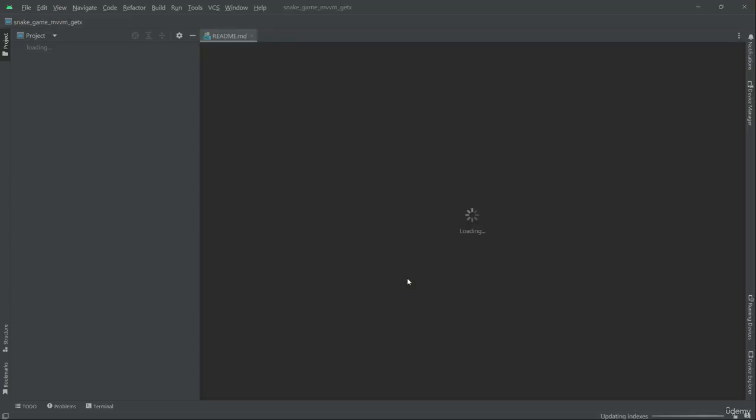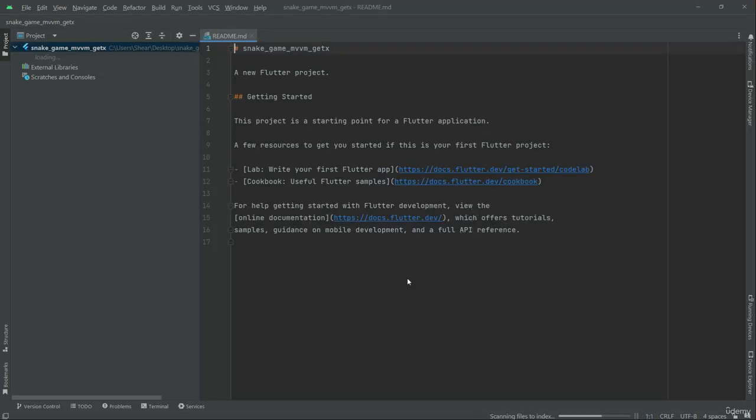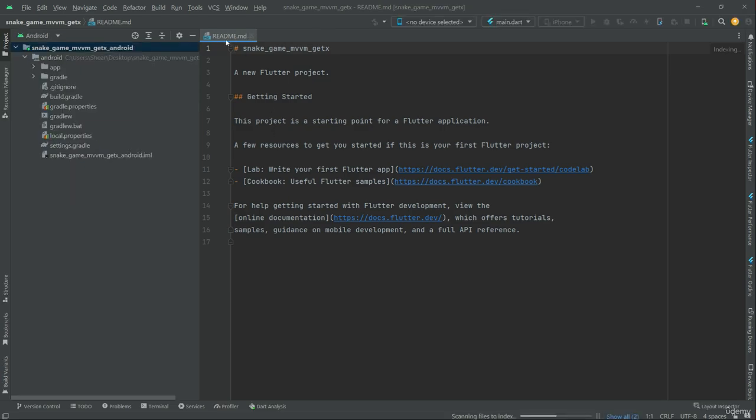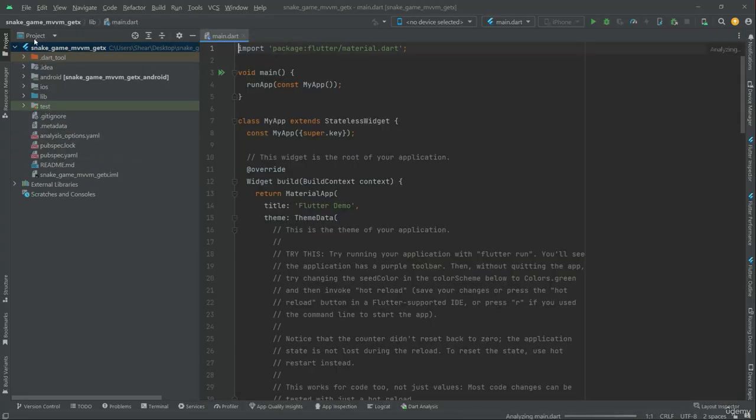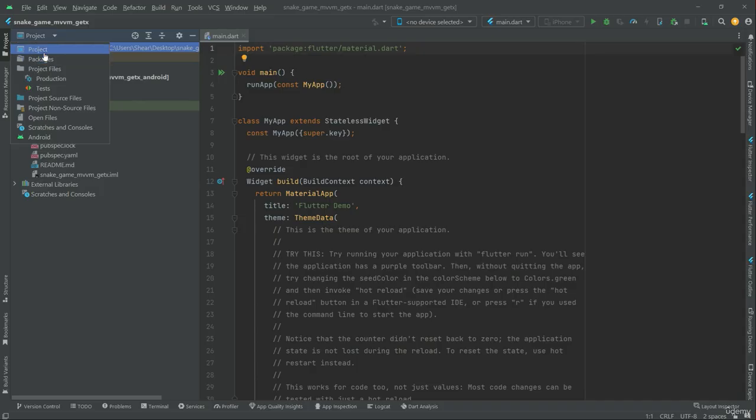Here we are right in the Android Studio creating our project. So that's the readme, as you guys can see right over here. Simply just close that from here and make sure in here to select the project. In my case it's already selected. You guys can see that the project from here, you can just choose it. Okay,